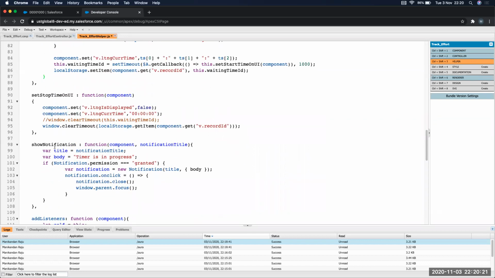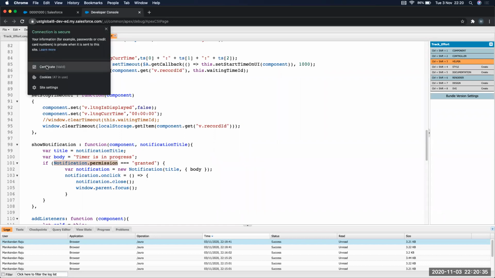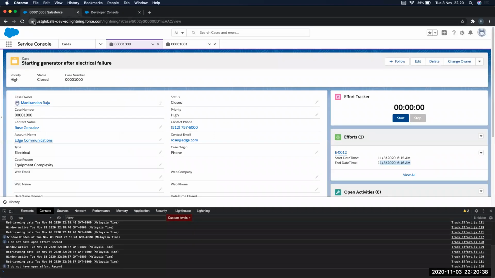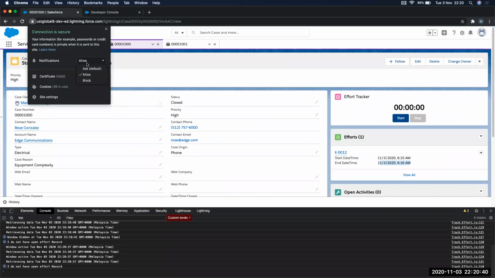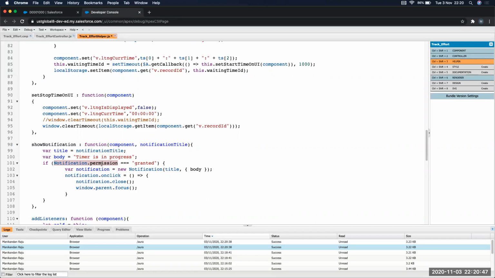And I put that show notification as a separate JavaScript function. So there is another interesting thing. You might need to check for the permission whether the user has allowed notifications. So there is a lock icon here. Here, if it is allowed, then it will throw the notification. If it is blocked, you can have a piece of code which will ask the user to enable the notification. I did not put all those things. I'm just checking if it is granted, then I'll throw the notification.